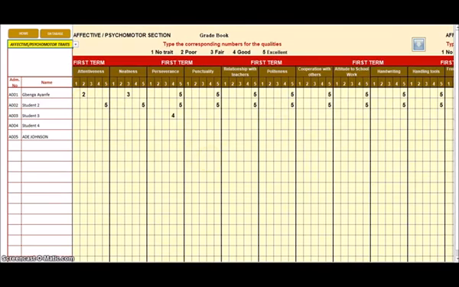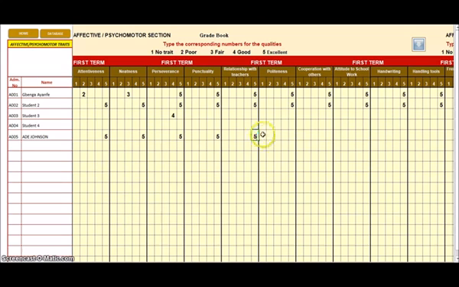Here, the task is simple. According to the traits we have imputed in the database, all these will come up here automatically. And all you need to do is, for each child, if Ade Johnson deserves 5 for attentiveness, just click on the box for 5 and type 5. Click enter. If for neatness it is 5, put 5. Let's say this boy is very sound and he got 5 and 5 and 5